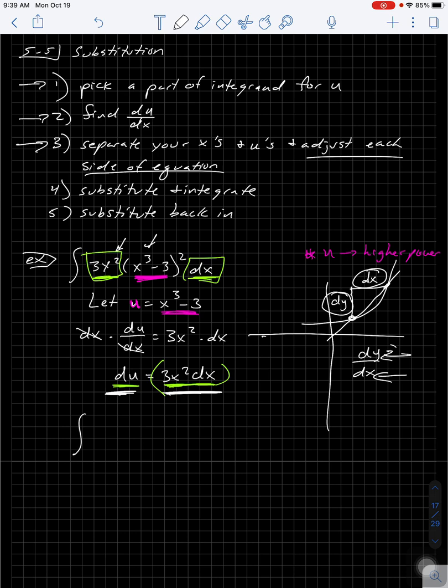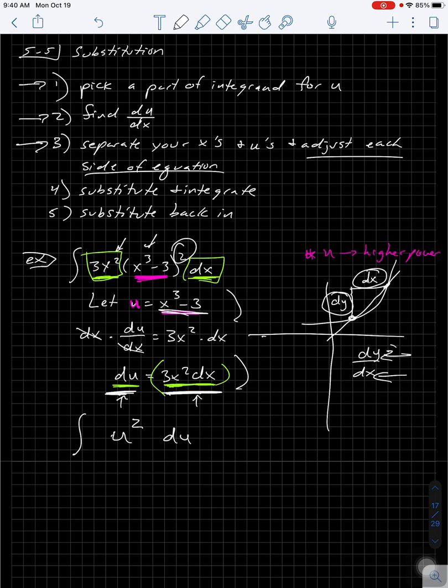The green is all going to become du, because this piece becomes du, and the pink is going to become u. Now, what have I not accounted for? Well, there's still this squared here, so that actually stays in the problem because that was not part of my substitution. So everything in pink and green gets substituted out and everything else stays, like the form of the problem